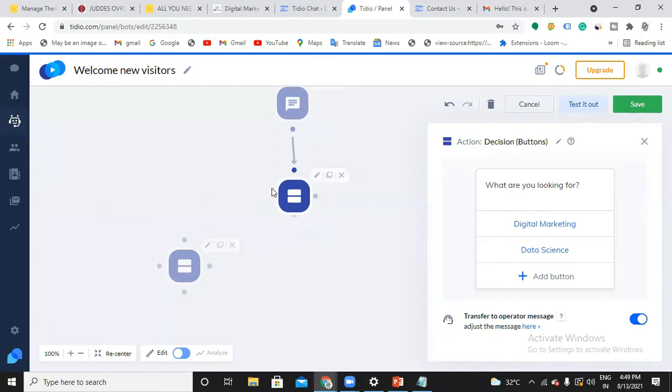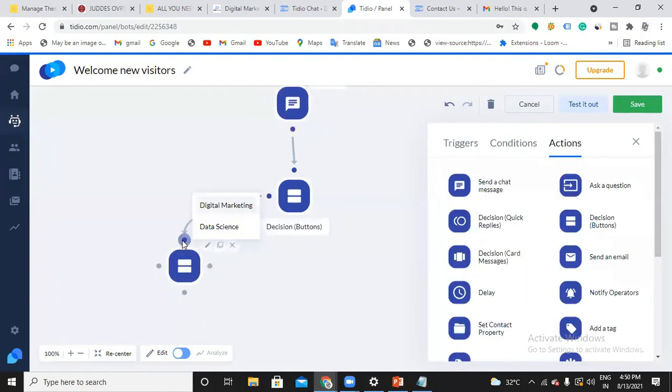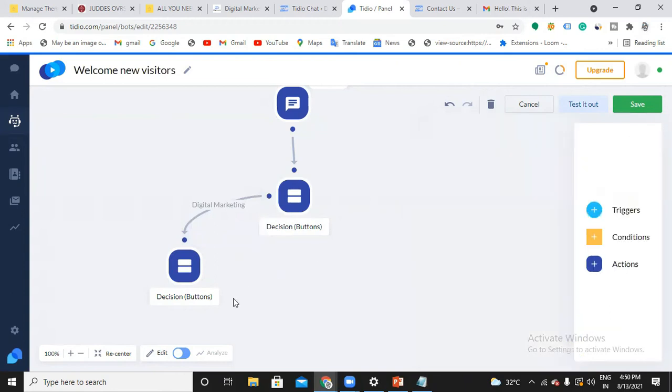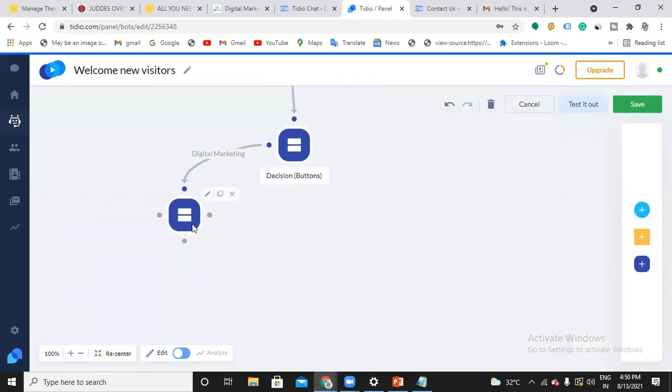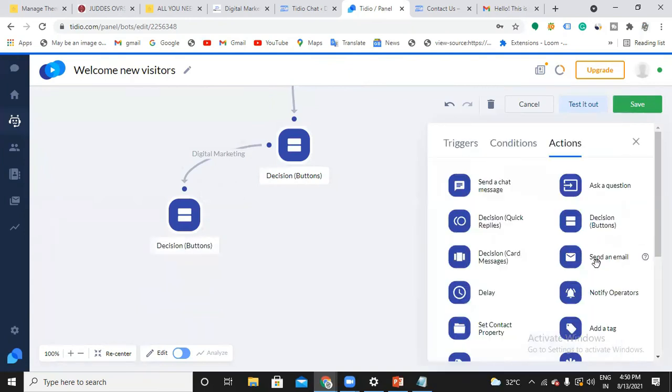Yes, ma'am. And now what you have to connect, as we have two different options. Now I would take this left hand side dot and connect this to this. And now here you have to choose for which action you would like to show this, for digital marketing action. Got it? Yes, ma'am. And next, after choosing any of these, then again, I would like to show something called, okay, finally,